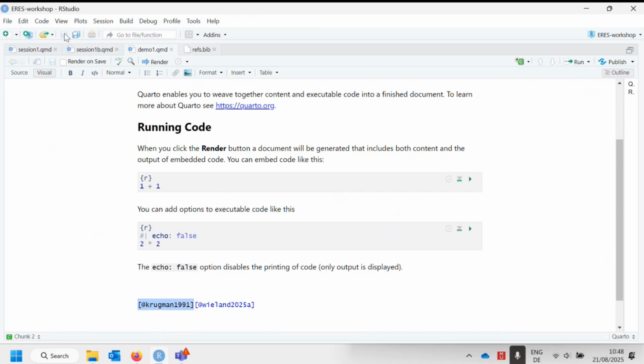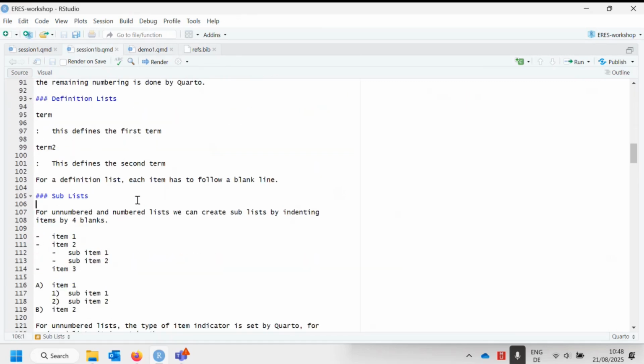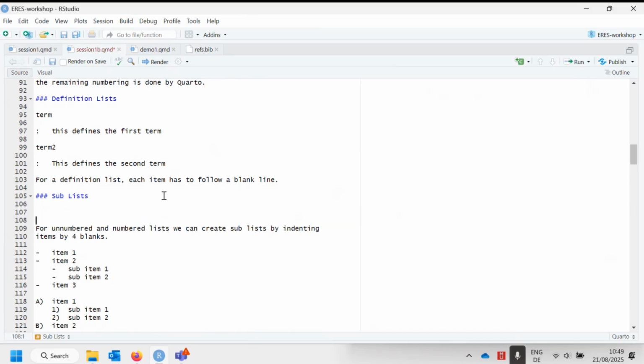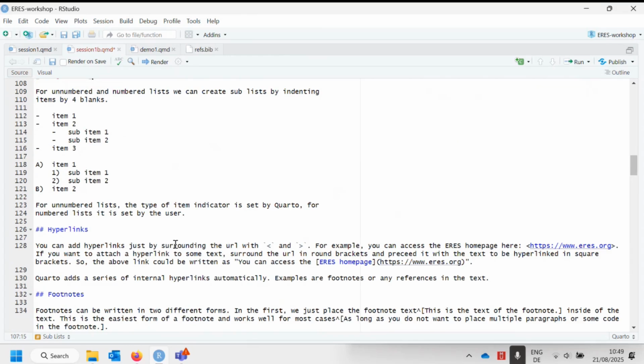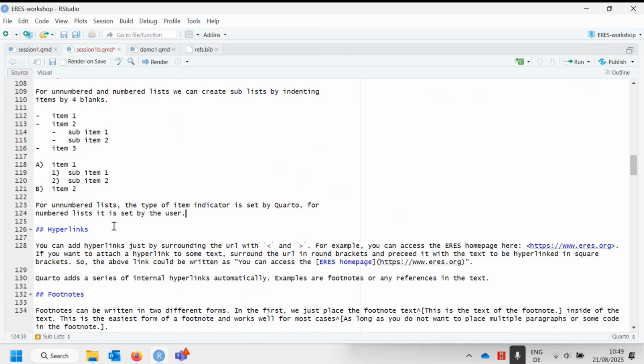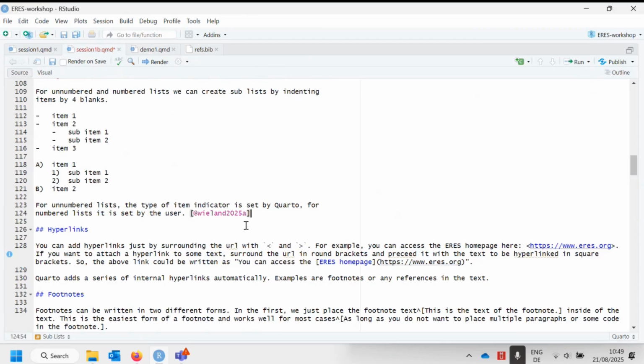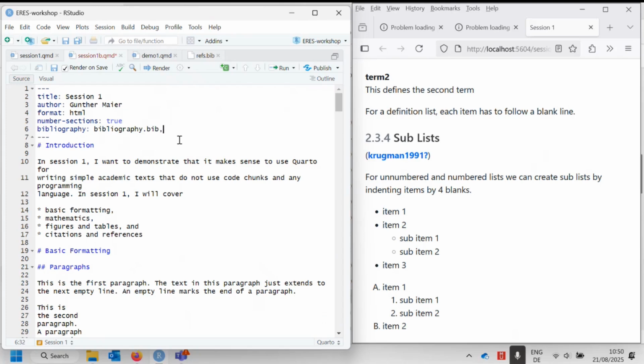So I copy this and say, suppose I want to have this under the headings sublist. So I enter it here, and at the end of the headings sublist, say I want to have the Wieland reference. So I copy that and put it in here,